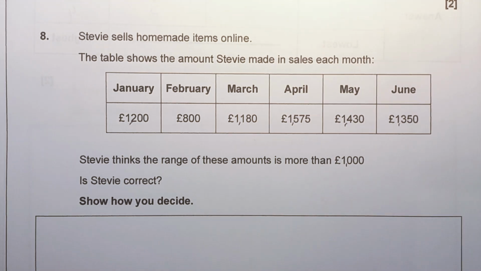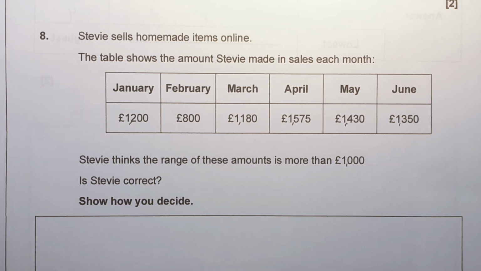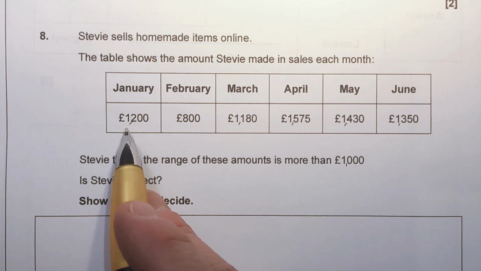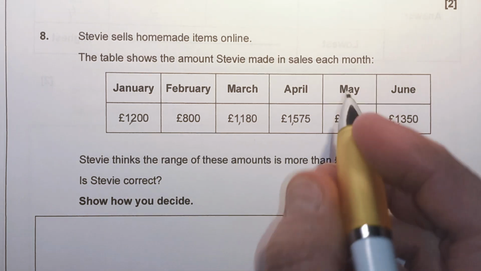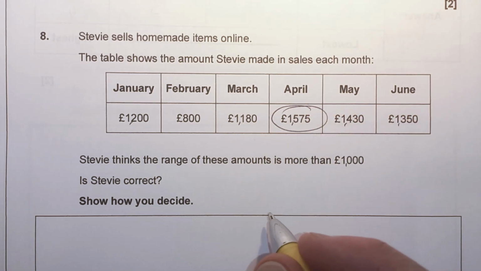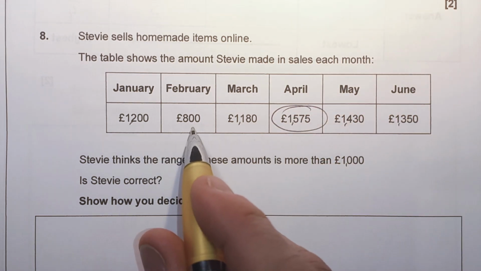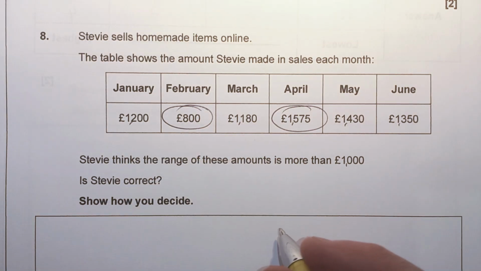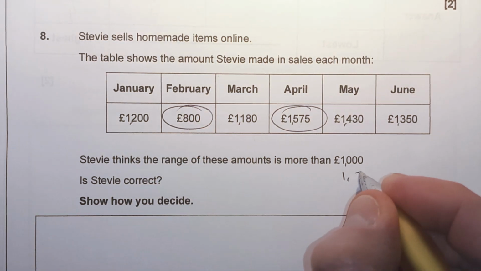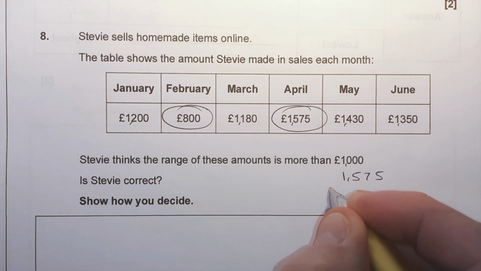Is Stevie correct? Well, the range is the biggest number minus the smallest, or it's the difference between the biggest and smallest number, and we find out what the value is by subtracting one from the other. So what's the biggest number we've got? 1,200? Anything bigger? Yeah, 1,575. So that's our biggest. Nothing bigger than that. And what's the smallest one we've got? 800, I think. Yeah. So for the range, we're going to need 1,575 minus